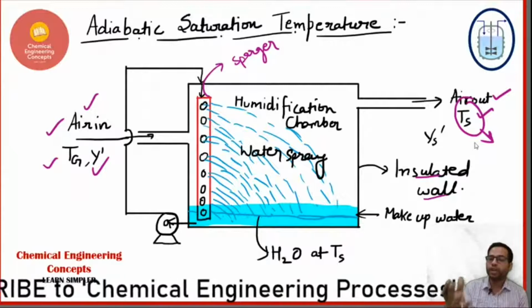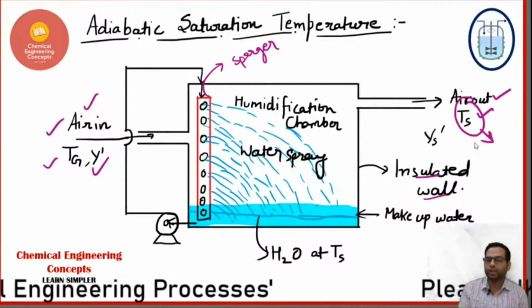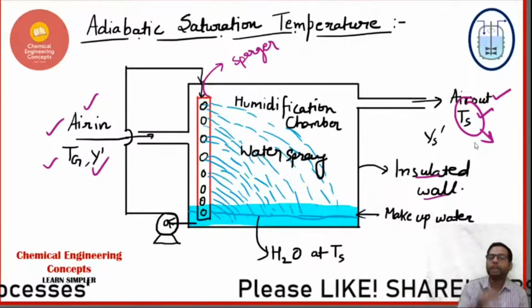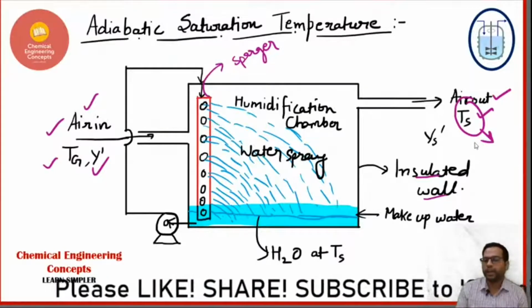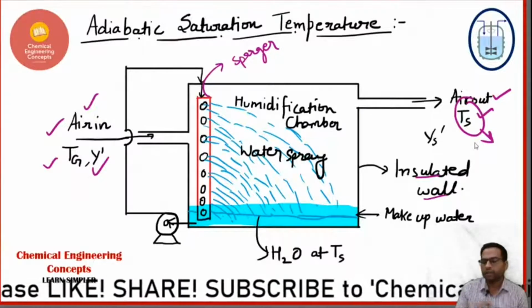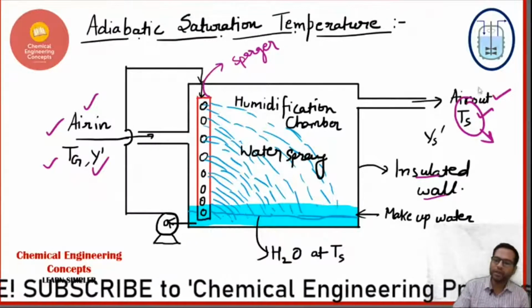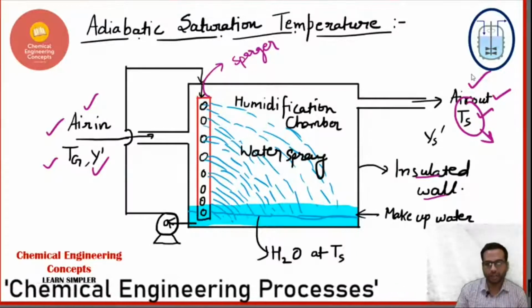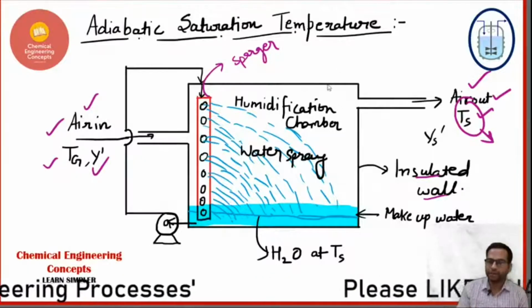अब जो humidity होगी air की at the outlet, that will be the saturated humidity. That means after that point you cannot add more water vapor or more water into that air, ठीक है? So this will become saturated, and this temperature at which the air is coming out becomes our adiabatic saturation temperature, right? This is the same as the inside temperature, right?